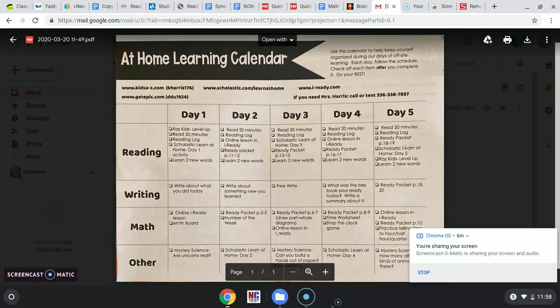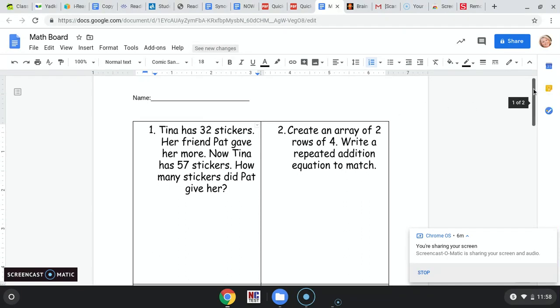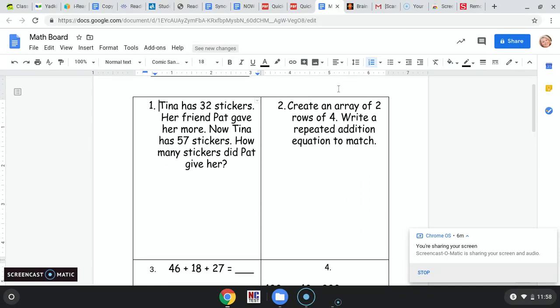All right, and then the next thing is Math Board. Now, a lot of you have asked what Math Board is, and this is something we do every Monday in our classroom. This is not the one for this week, but here's an example. We'll always have a word problem, an array. This really gets kids ready for multiplication,